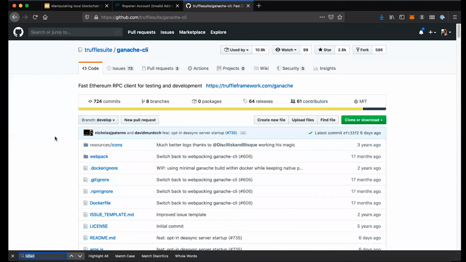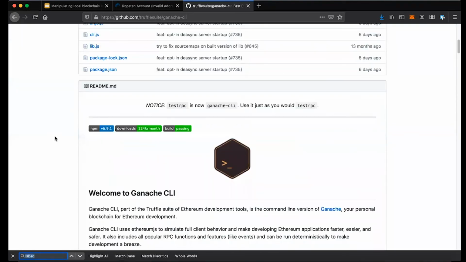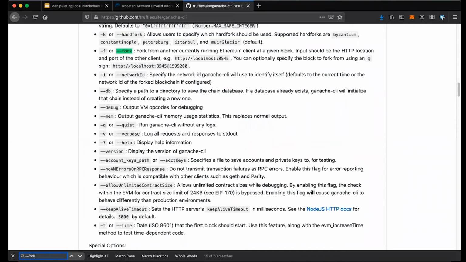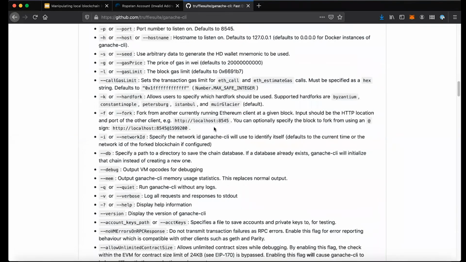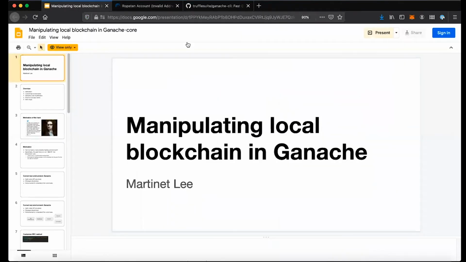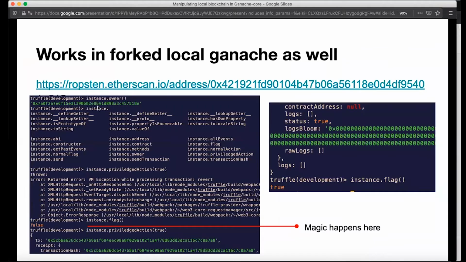So you can actually get the state of either the mainnet or the Ropsten, whichever you like. There's this fork, this one. And so I basically can use this, and I also do the same thing. I'll save the time for the demo, but I already screenshotted it here. What I did here is you can see this instance owners is actually